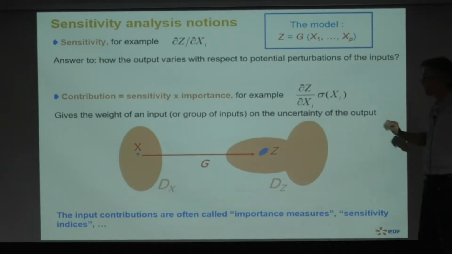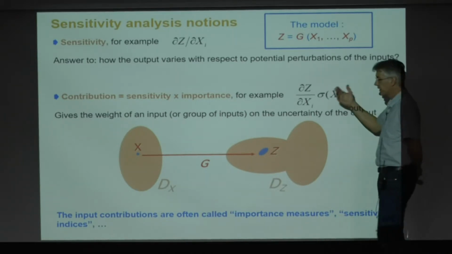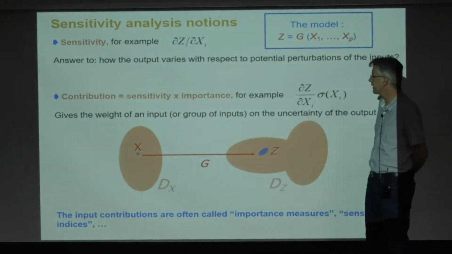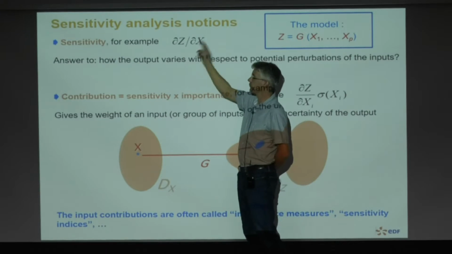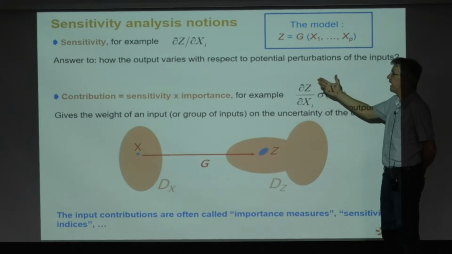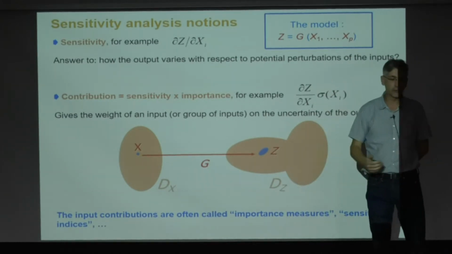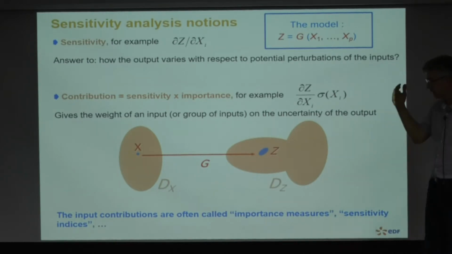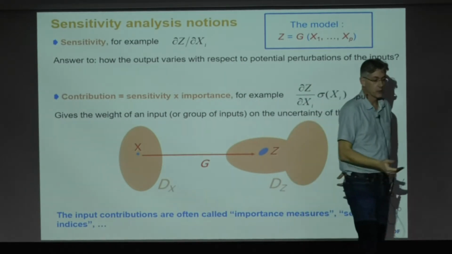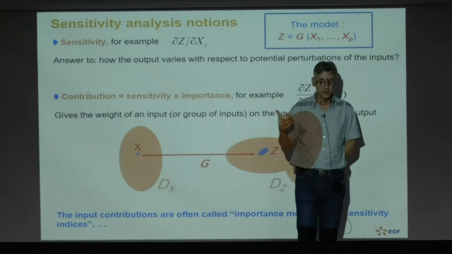Alors, to start, it's useful to define what is the sensitivity. So for example, the basic sensitivity can be characterized by the derivative of the output with respect to each input. Okay, so it's rather simple. And it gives us how the output varies with respect to potential perturbation of the inputs. So now if we want to integrate the uncertainty inside this problem, here we don't have any uncertainty. If we want to integrate the uncertainty, we just have to multiply this simple sensitivity measure by the uncertainty of the input,